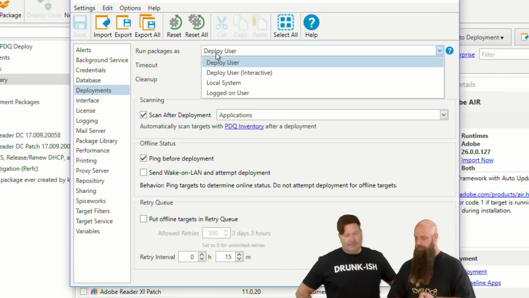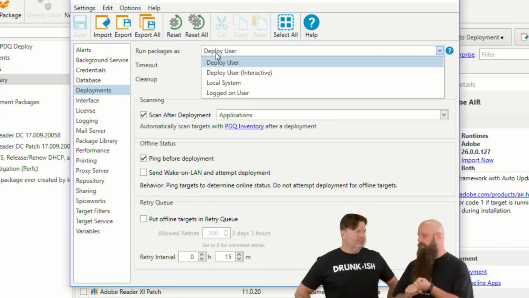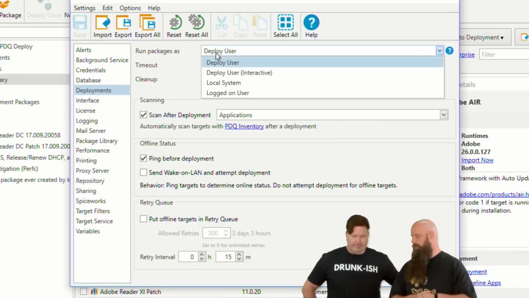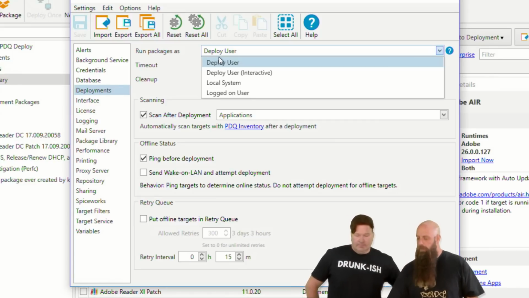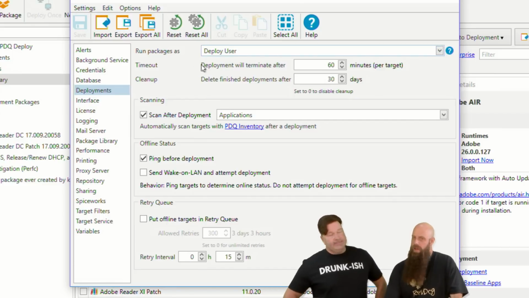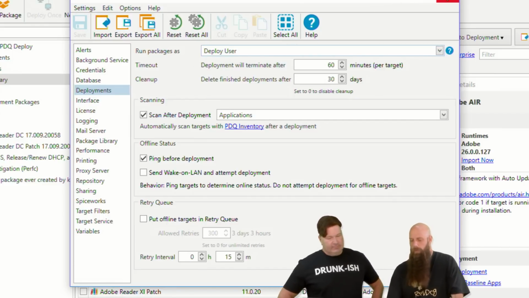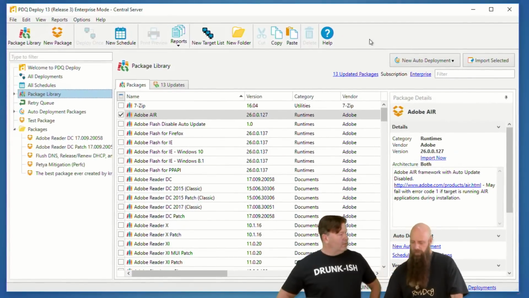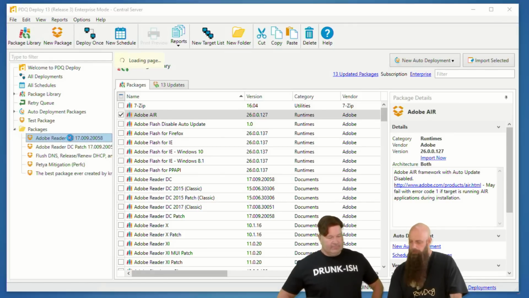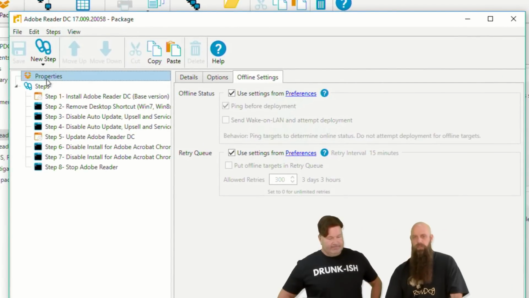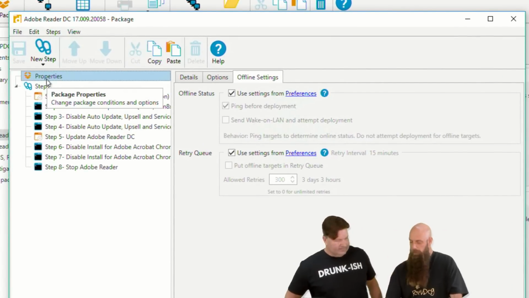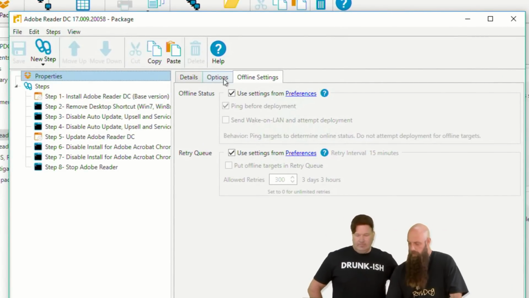Local system only if you have policies in place that require that. Otherwise, because once you use local system, you remove the ability for that package, once it's running on a target, to access remote file services. And you might need a file from a file server at some point. So deploy user should be your default. However, this can be changed. And what we want to call out quickly is the precedence. So number one, whatever's set from preferences, that is the default. However, when you build a package, the second level of precedence, which overtakes whatever's the default, is the